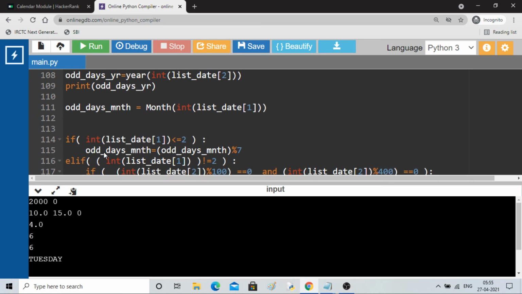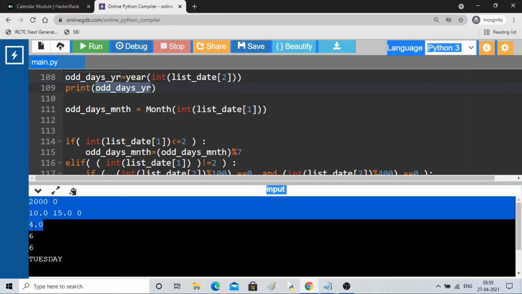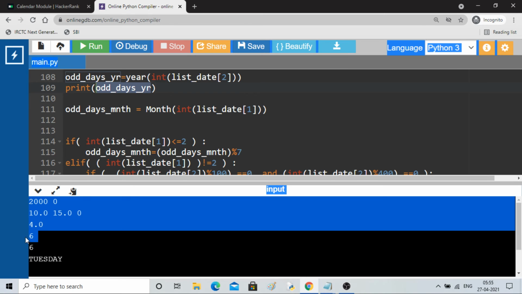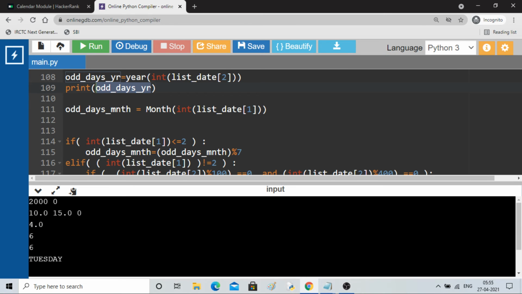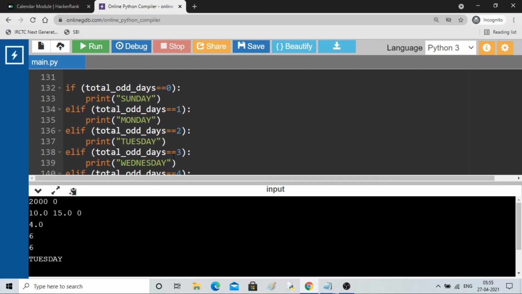And before this, what is there? Odd days in the year. So 4 is the number of odd days in your year, 6 is the number of odd days in a month, and another 6 is the number of odd days for that day. So in total it becomes 16, right? 16 divided by 7 is 14, 15, so 2 will be the odd day. So 2 means, here you can see it is Tuesday, right?